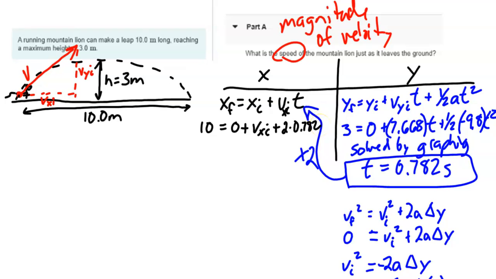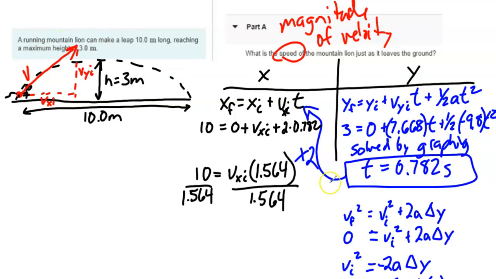Okay. And I think I still have that value. Oh no, that's, yeah, okay. So I'm going to take that. Hold on, I'll be right back. All right, so I found another boo-boo here. That's not a plus sign. There shouldn't be a plus sign there. That's just multiply. Okay, so anyways, we're solving for Vxi, 10 divided by 1.564, and that gives us 6.39,